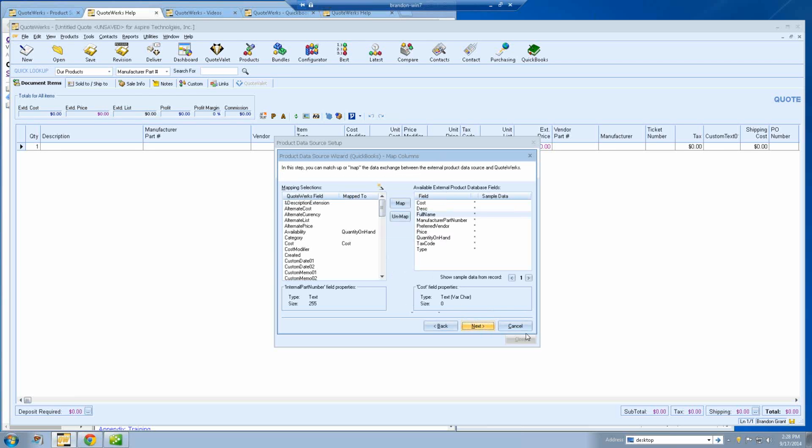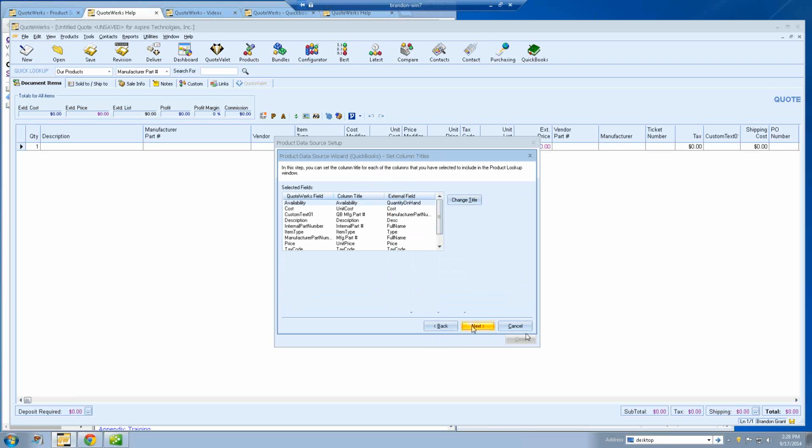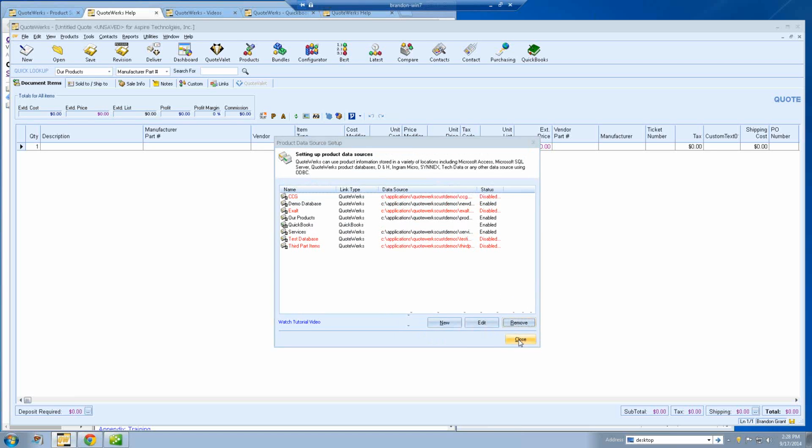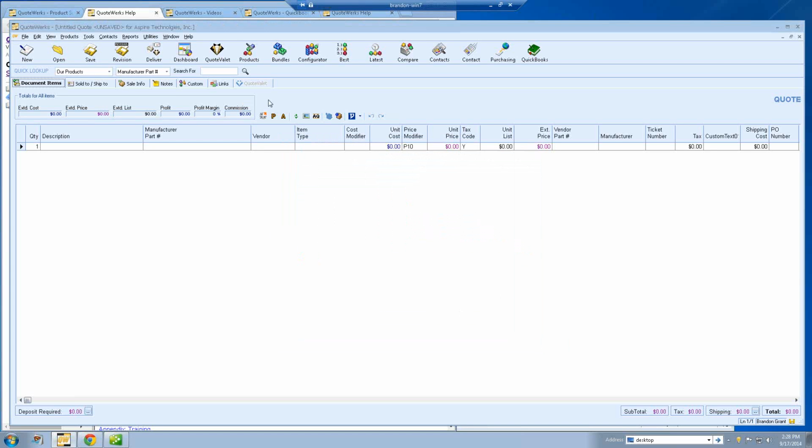So let's go ahead and move forward here. This is where we can adjust those mappings. You're probably going to use the default, but you can make some adjustments if you need to. And then once you're done, you simply click Finish, and then it's now going to show up under your product lookup screen. So if you click on the Products button here,